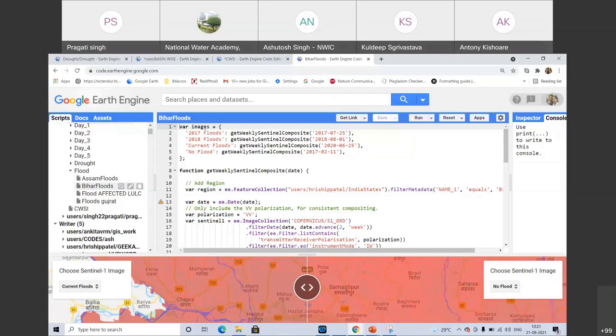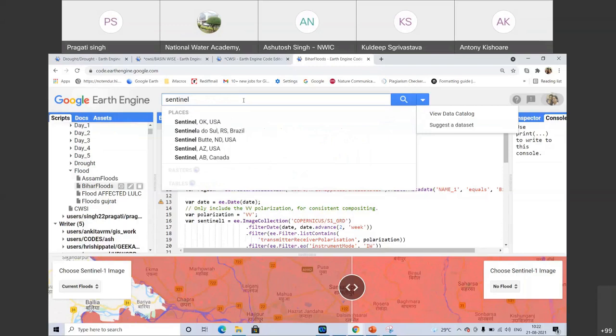This script is related to flood monitoring, and here you can see before flood, after flood, or any time period of flood imagery. You can easily visualize it using this swipe tool. This script is built for monitoring the flood affected area, to visualize which area is affected by the flood. So in this script, we are going to use the Sentinel-1 data,